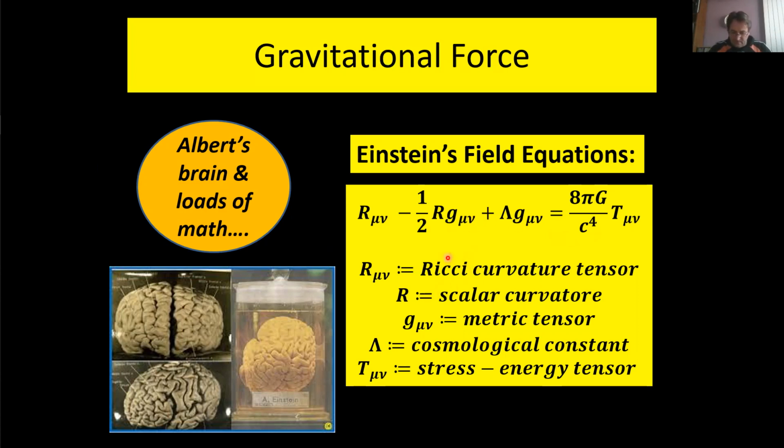This is then combined with a scalar curvature, which means just a number, multiplied with the metric tensor. And the metric tensor gives us the geometry of space and how it transforms from one coordinate system to another. In math, you're soon going to learn about the Jacobi matrix and Jacobi determinants. If you take this Jacobi matrix, which is the derivative, if you go from one coordinate system to another,